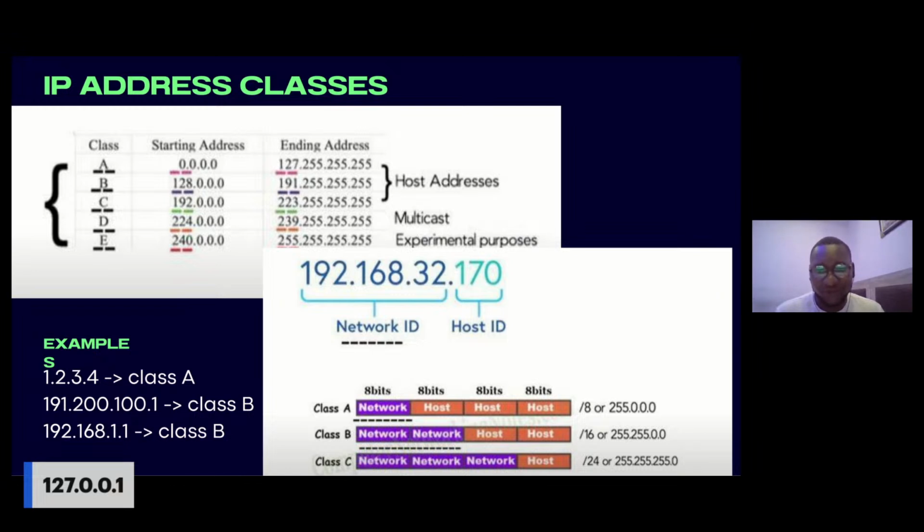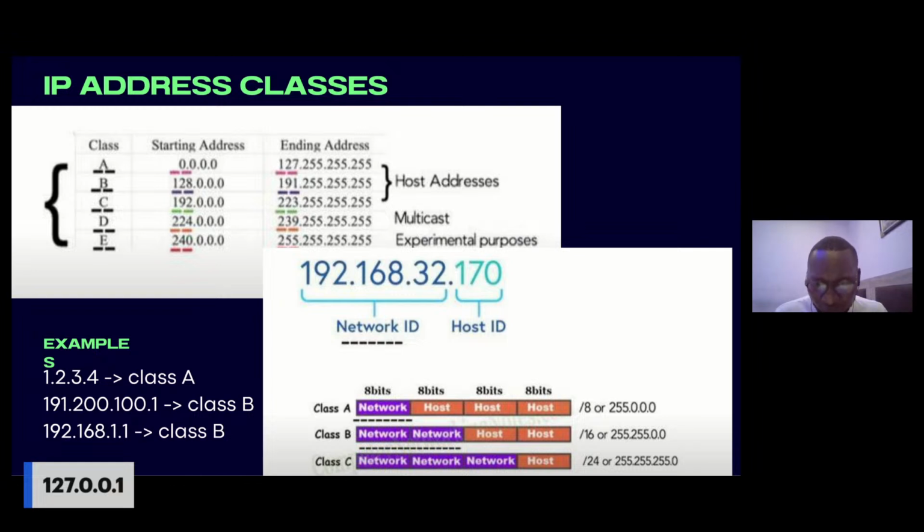That's 170. Each segment before the dot is 8 bits, so it means 8 bits in four places: 8, 16, 24, and then 32 bits.